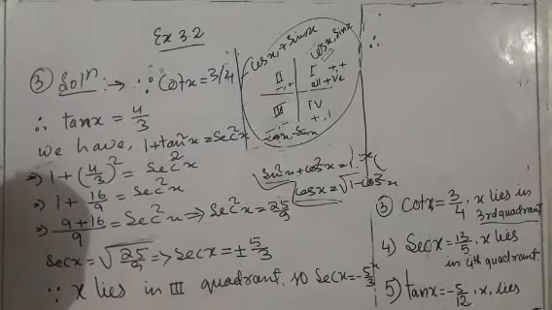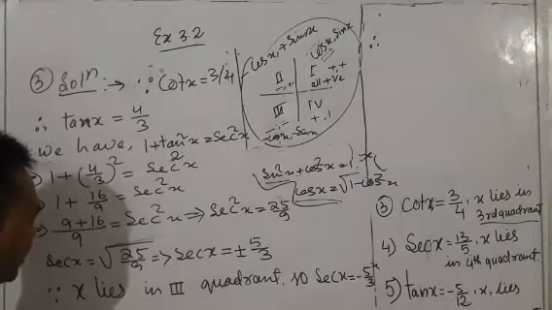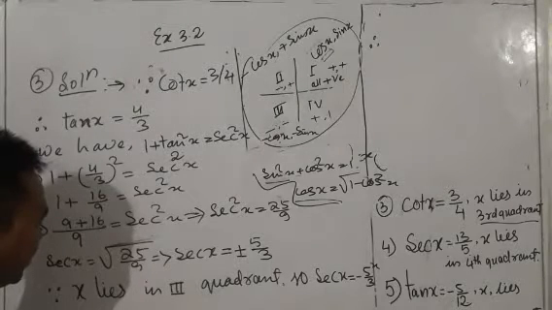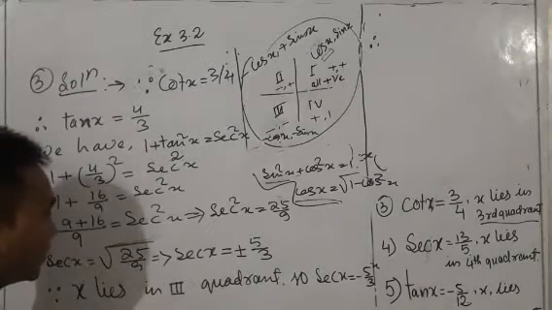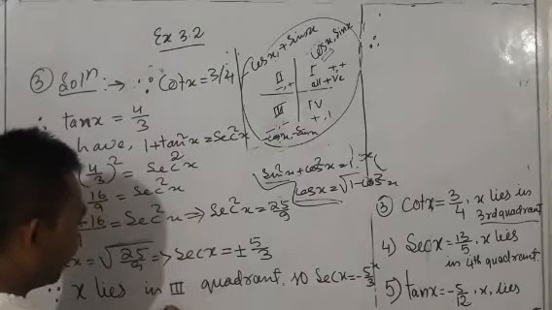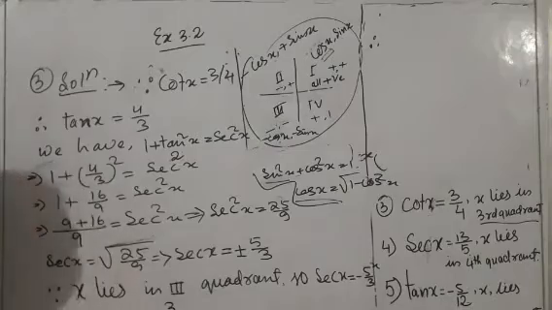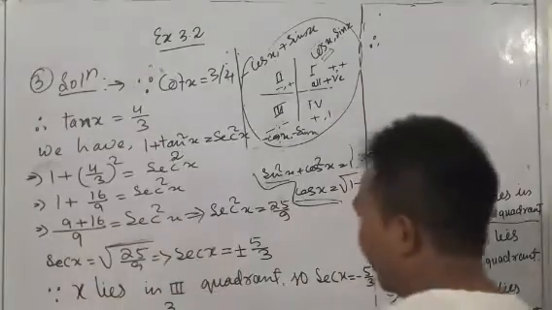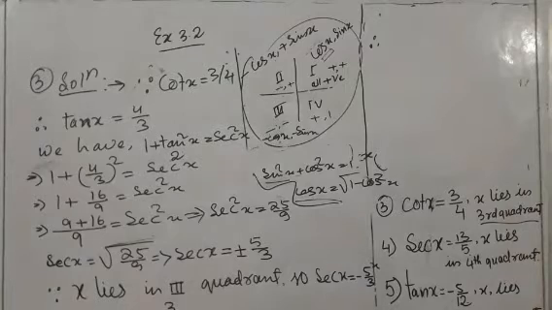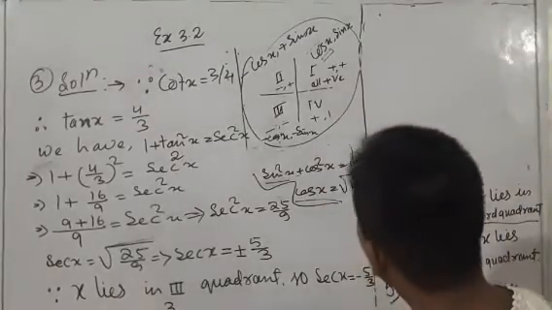Therefore, cos x will be minus, how much is it? What is the opposite of this? 3 by 5. 3 by 5. Now what can we find? We can find sin x and sec x, right? Okay. Since we have come to know,